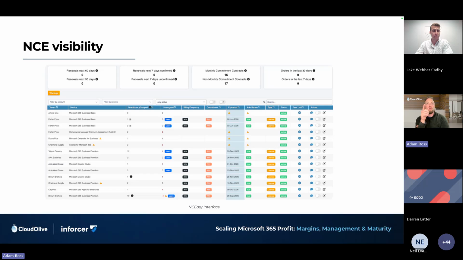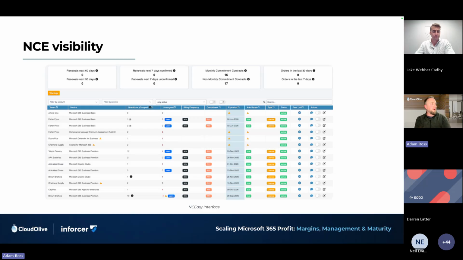And the key part is being able to see: I want to filter on annual commits, sort by expiration date, see what's on the horizon, and then the unassigned column, just being able to see, does this customer want to be renewed for the full 12 licenses when they've only got 11 people assigned to it? And this can come out as an export, right? Or it can be leveraged if you're doing user-based billing and you want the assigned level with some flexibility to exclude, say, admin accounts. This is a good way that you can get the data in one place and then leverage that to bill on the first or whenever you're going to bill, right?